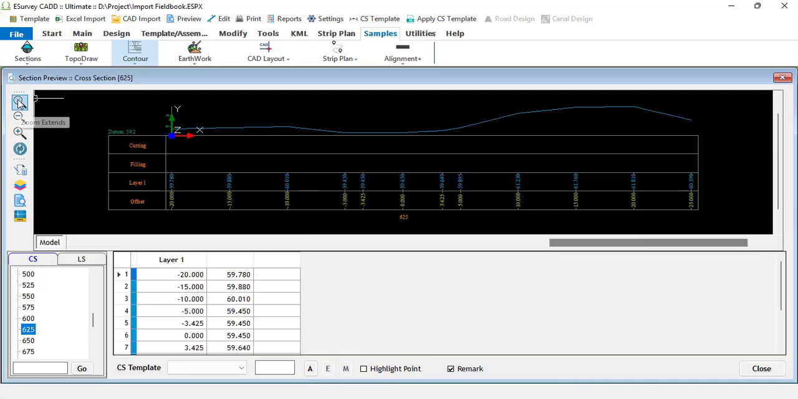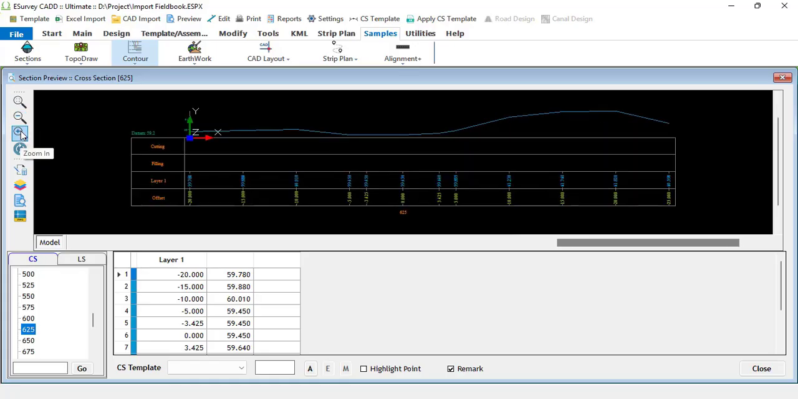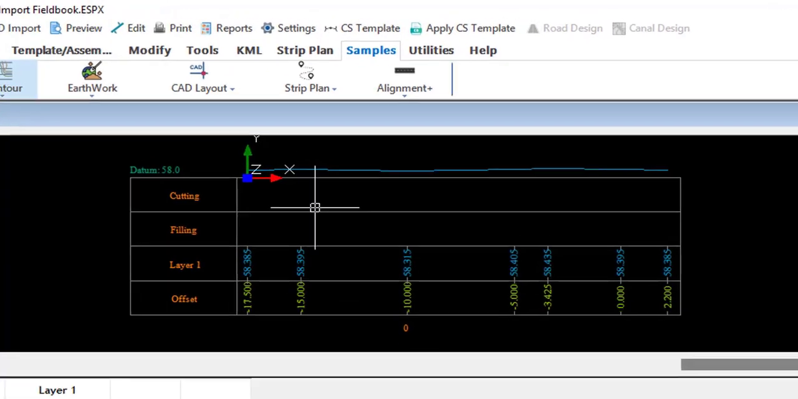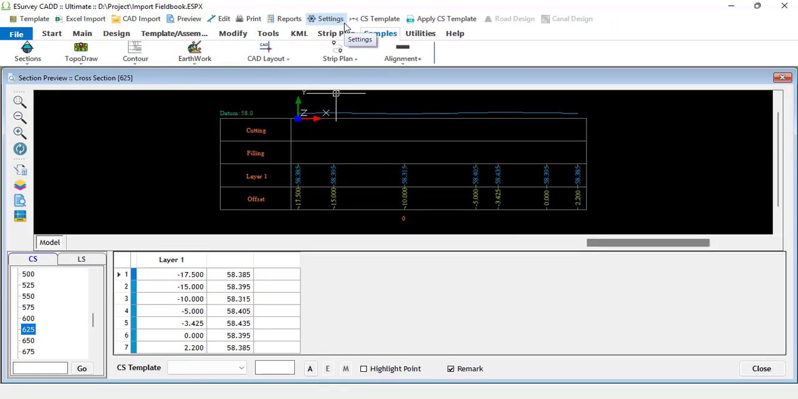You can have a closer look at the cross-section by zooming and panning the drawing. If you want to quickly navigate to a particular section, specify the section number in the text box adjacent to the Go button and click Go. You can also export the drawing to a CAD package. These cross-sections can be highly customized as per your requirements using the settings options provided, which are explained in the